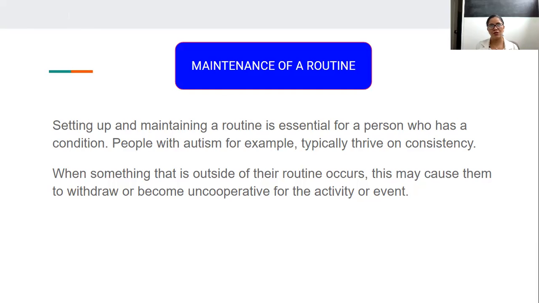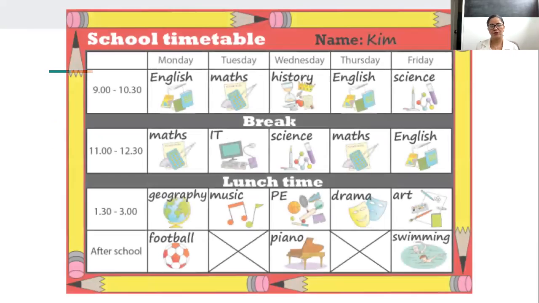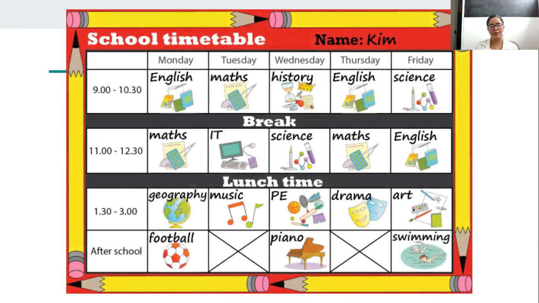Why is that? Because the majority of students with SEN are very inflexible. So we also need to teach them how to be flexible. But we can do this every now and again, slowly, gradually, until they can understand that sometimes things don't go as planned. So some examples of routines: the main one is to always have a school timetable in which they know exactly what classes they have per day. It can be accompanied by pictograms or drawings. Remember that most of them are very visual.